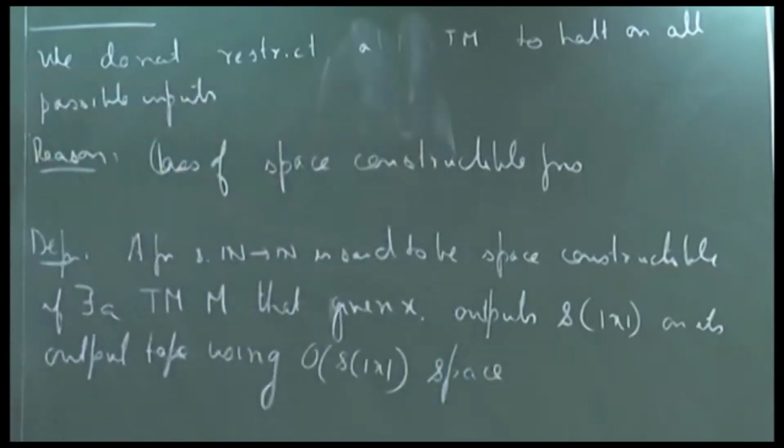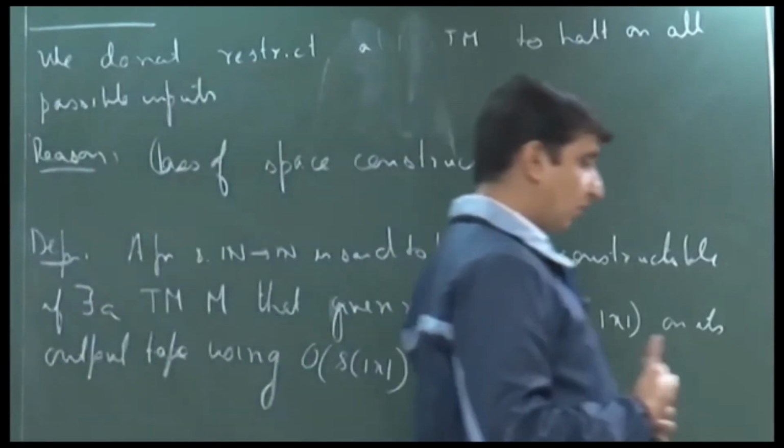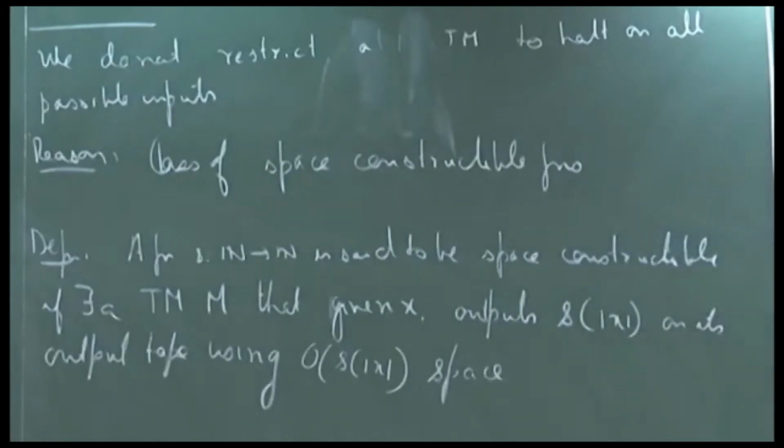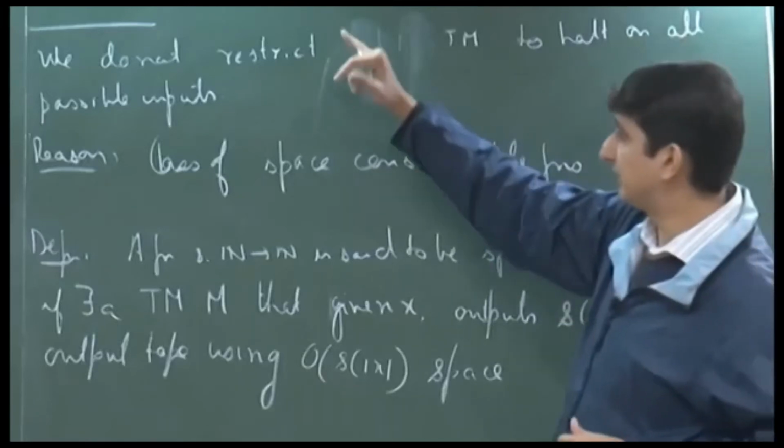Okay. So, what we require again in this entire theory of space complexity is that all the functions that we are considering, they are all space constructible functions. In other words, given a function, there is some Turing machine which can do this. Okay. So, now that we have this restriction on our functions, let us say in this function s,